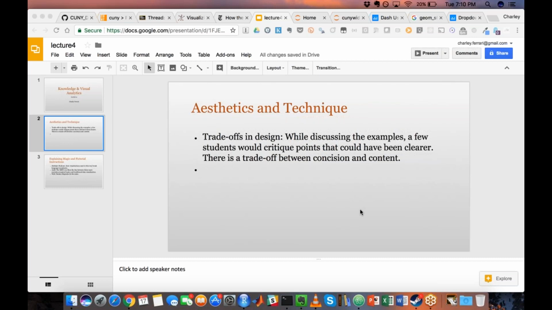And the one common theme that I noticed in a few of these posts was that a lot of times, in the comments, people would be critiquing different points, and that drives home the point that there is still a trade-off between concision and content. When you are moving to data visualization, like in the toy example that I included in the discussion post, there's very minimal information lost, simply because you're using a more efficient